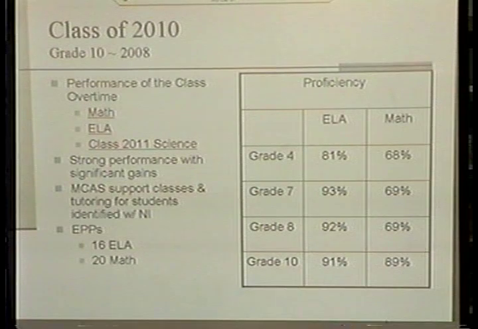One thing that's online for the high school is the introduction of the EPP, or the Educational Proficiency Plan. All students in the class of 2010 have to score 240 or show proficiency through an alternate method in order to graduate. We have 16 students in ELA and 20 in math who will have to have plans written for them. The state is proposing to do an EPP retest, which is different from the failure retest.